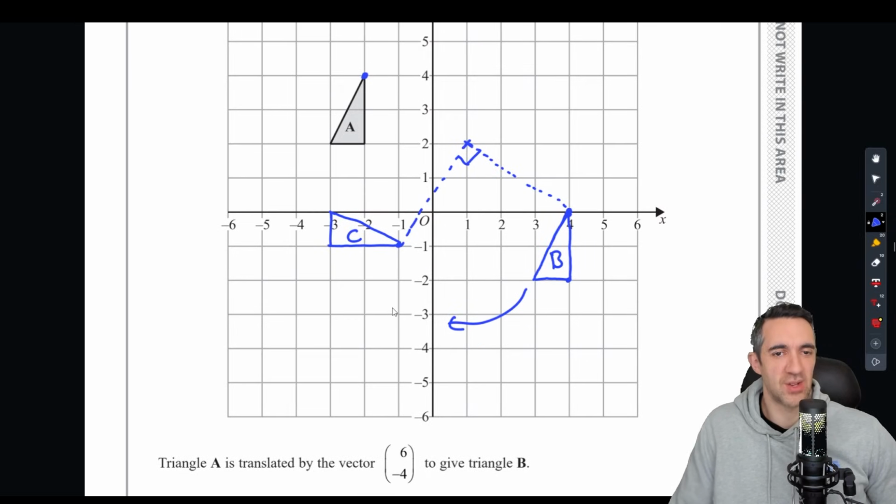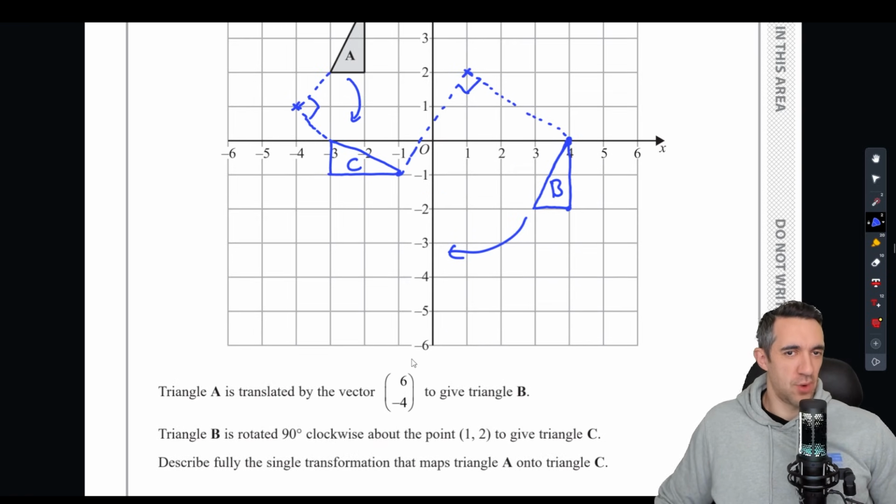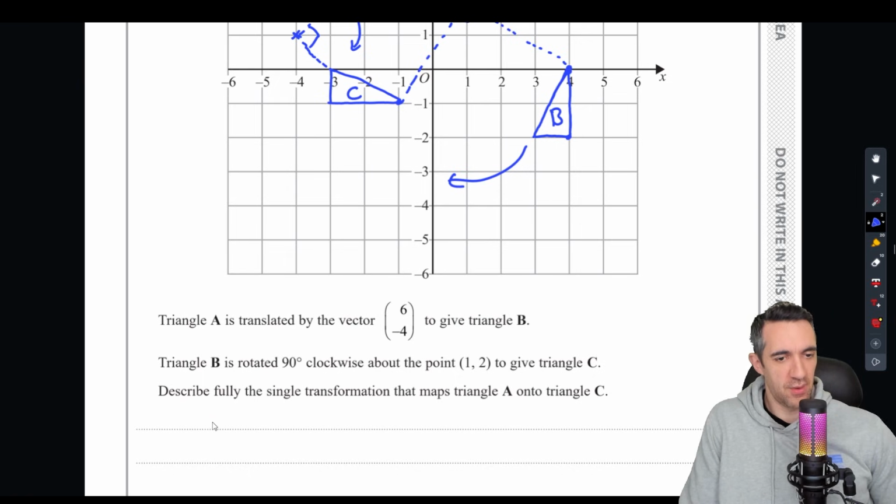So what's the transformation that's actually happened? So we've got, oh, it's another rotation. Okay, right. So it's a rotation here. So it's going that way. So it's rotated clockwise, 90 degrees. And then maybe we just get the point wrong. So I'm maybe going slightly more than I need to do here, but I would say if I write a rotation